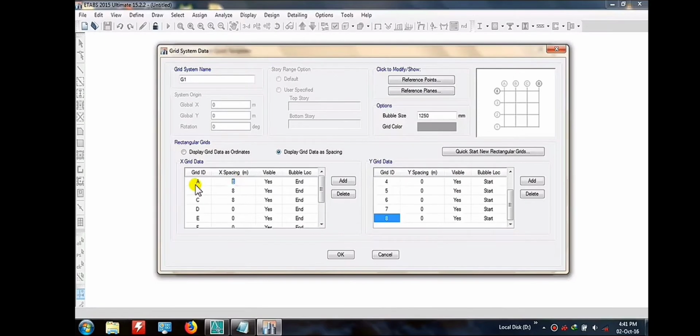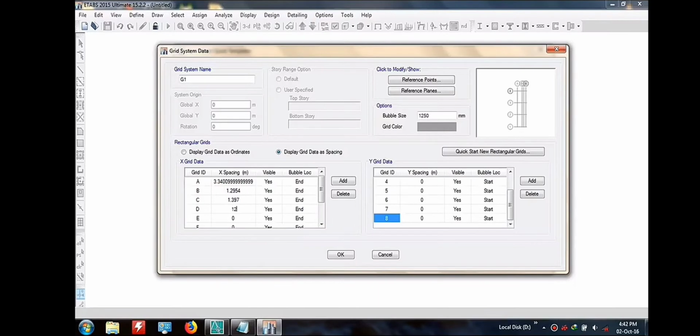The first value is 10 feet 6.3 inches. Similarly, I am going to feed my values in feet and inches, and it automatically converts into meters.